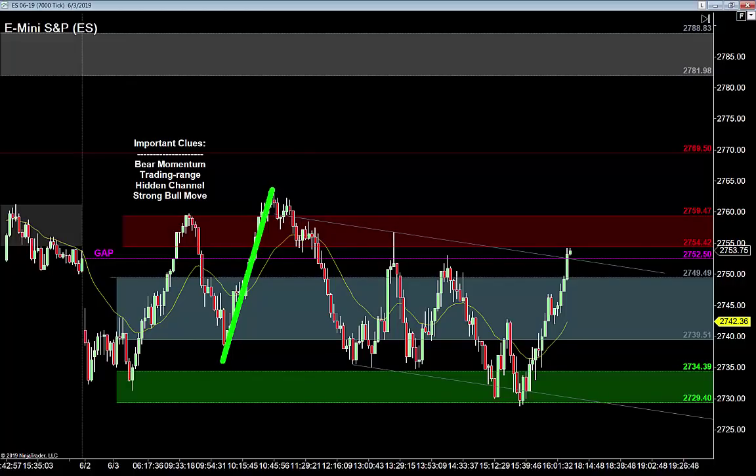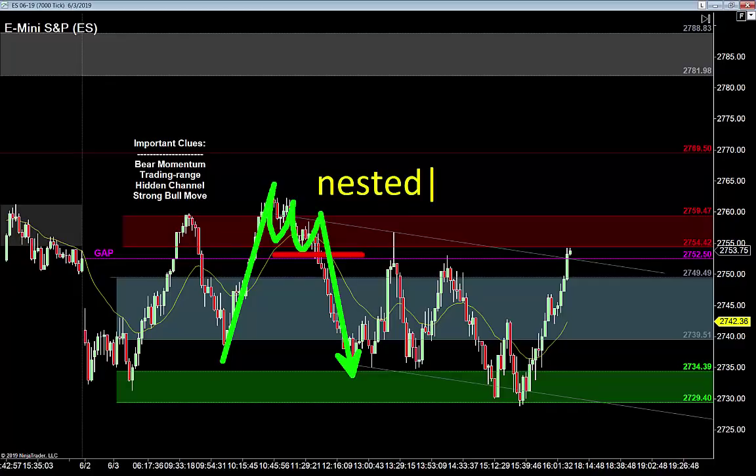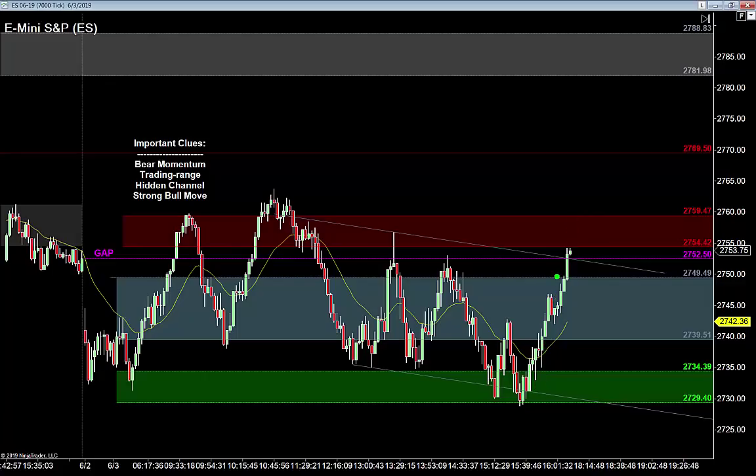How many times did the buyers buy it? They tried once, they tried twice, and then it collapsed under its own weight. That's exactly what type of pattern. If you missed it on the first lesson, it's called a nested, right? N-E-S-T-E-D, a nested entry pattern. So as the market runs higher, again, that's why I said in the introduction, the strength of this move is the big variable, because anytime we see a strong move in one direction, we have to expect there's going to be a second leg. And so we have to respect that momentum, give those buyers a chance to buy the first